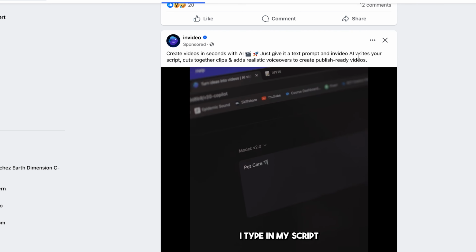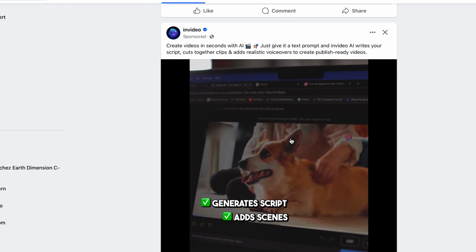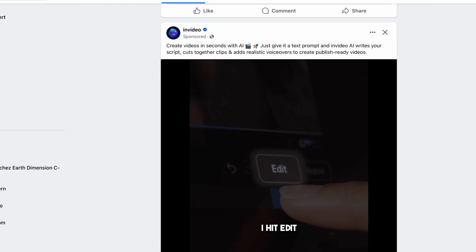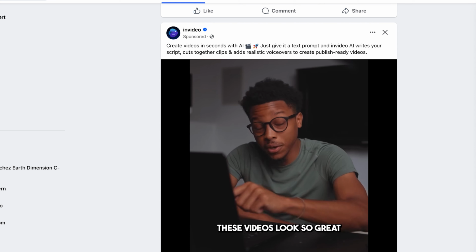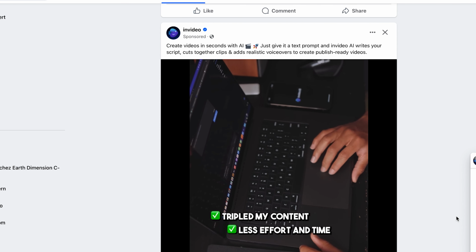But there's a new trend these days called faceless videos. Basically, you can use AI to generate a script, and then you have tools like Invideo and all these other apps where you can take that script and it connects it to stock images and then generates a video. So you don't actually have to be in the video if you're not comfortable appearing on camera. It's a really fast way to scale up the amount of content that you're creating without actually having to show your face.